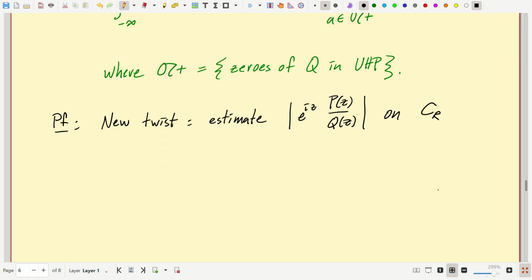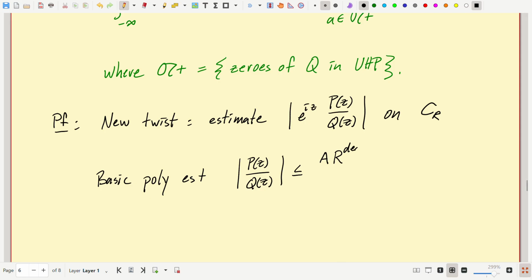And then we use the basic polynomial estimates. The basic polynomial estimate would give me that P of z over Q of z is less than or equal to, the numerator estimate would give me, say, a big A times